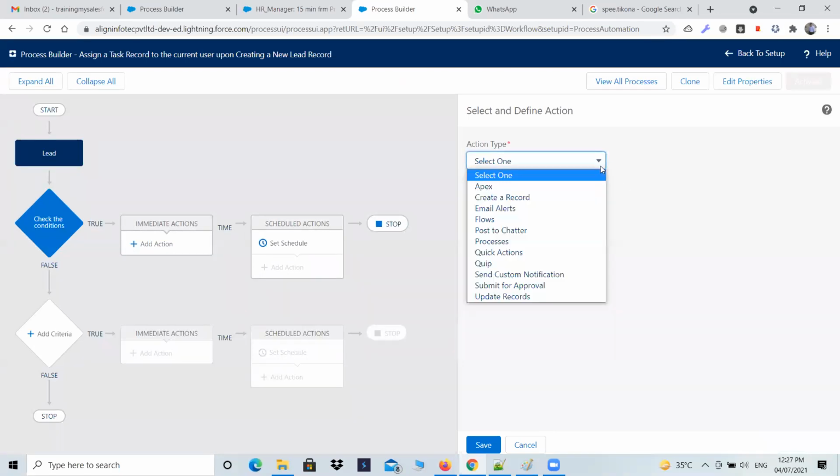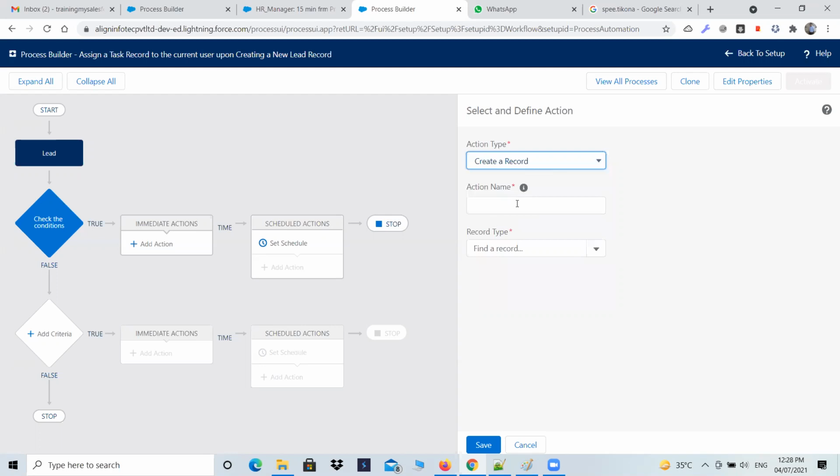अब यहाँ पे आप ढूंढ रहे थे आप सभी लोग for creating a task option होना चाहिए, creating a task option नहीं है यहाँ, creating an event option नहीं है यहाँ पे, ठीक है। तो हाउ टू क्रिएट अ टास्क, क्रिएट अ रिकॉर्ड, वही मैं आपसे कह रहा था कि अकाउंट क्रिएट करना मतलब अकाउंट ऑब्जेक्ट में रिकॉर्ड क्रिएट करना। तो टास्क क्रिएट करना मतलब टास्क ऑब्जेक्ट में रिकॉर्ड क्रिएट करना इज एज गुड एज टास्क क्रिएट करना। इवेंट ऑब्जेक्ट में रिकॉर्ड क्रिएट करना दिस इज एज गुड एज इवेंट क्रिएट करना। सो सिलेक्ट अ रिकॉर्ड, ठीक है, यहाँ पे नाम दो उसको टास्क क्रिएशन।